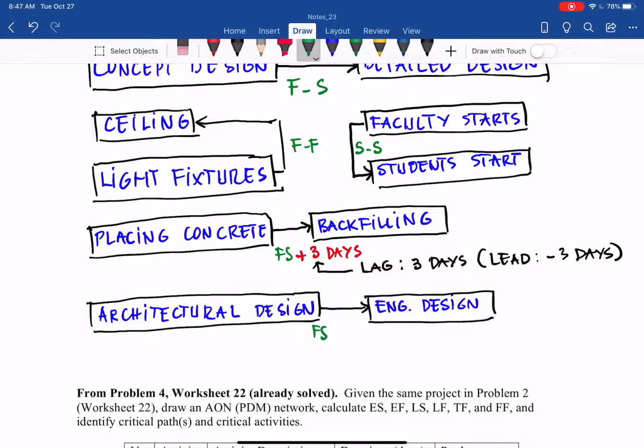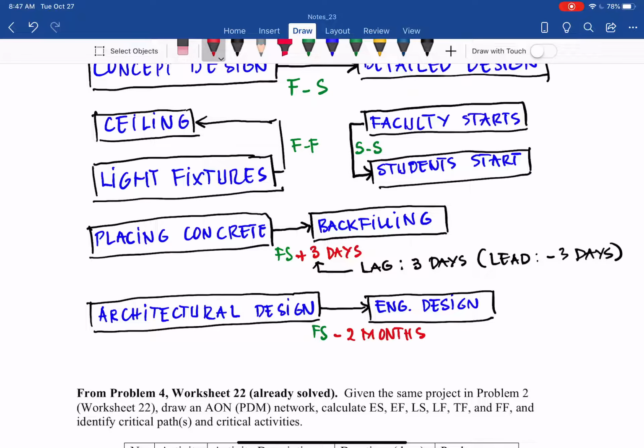I can start early. I can start 2 months early. Two months early means architectural finish in October. I can start engineering design in August. So with that, you can model with the lead lag. In this case, it becomes a lead, right? You start early, so you have negative 2 months,